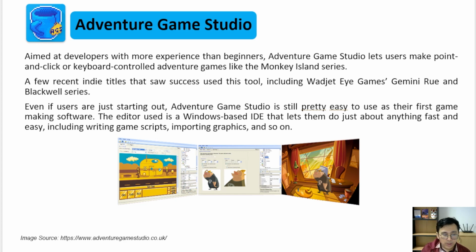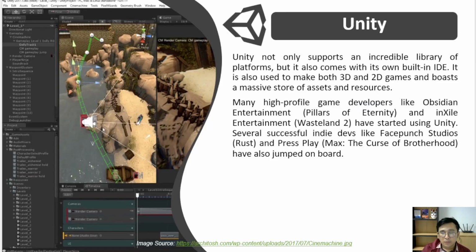Next one we have Unity. Most of you might have heard of Unity. Even here in Indonesia, we have a popular game that was made in Unity, which is Mobile Legends, one of the MOBA genre games. And this game engine as well can be used to make a game with no-code development methods, but it would be limited in some cases because